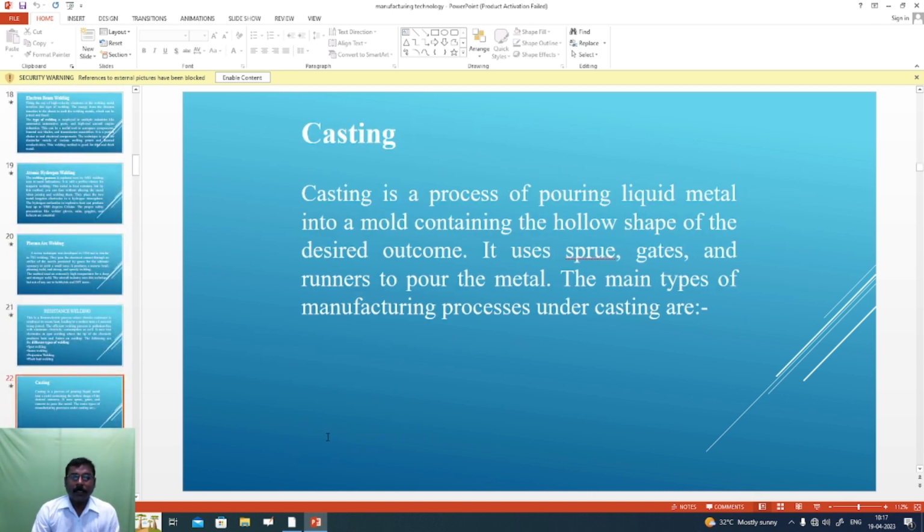And casting. This is casting. Casting is one type of manufacturing process. Here various types of casting process are available. Casting is a process of pouring liquid metal into a mold containing the hollow shape of the desired outcome. It uses sprues, gates, and runners to pour the metal. The main types of manufacturing process under casting are: